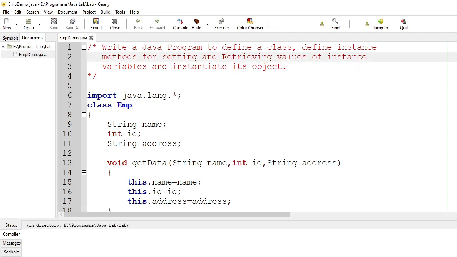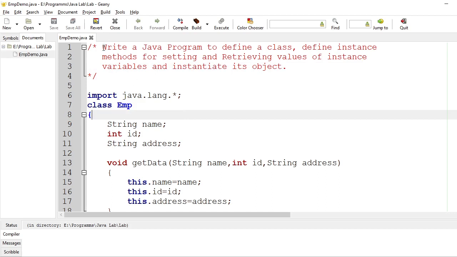Now, here you are learning different words. I already mentioned instance is nothing but the object. Whenever you create any function within an object, it is called an instance method. The functions which belong to an object are called instance methods. And the word instantiate means creating an object. Whenever you create an object, the process is called instantiate.